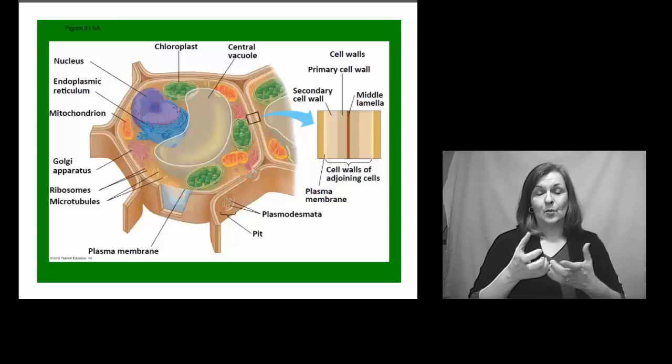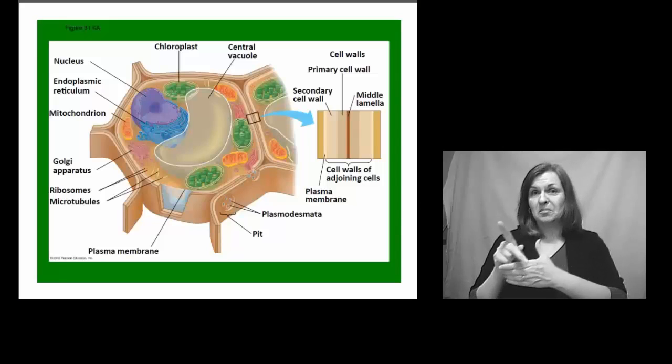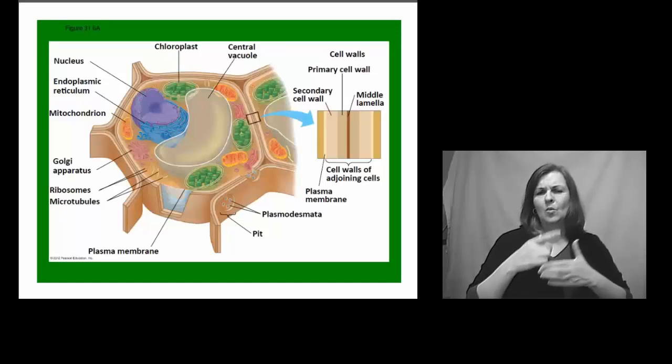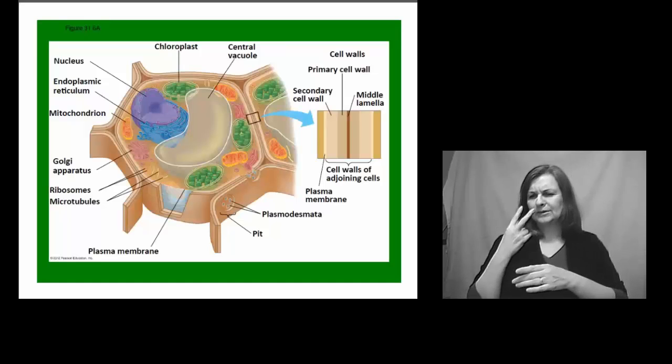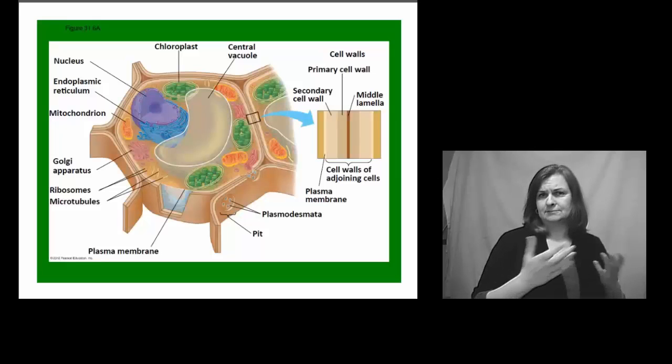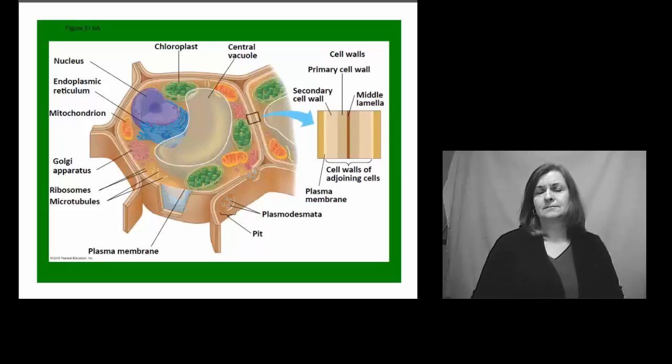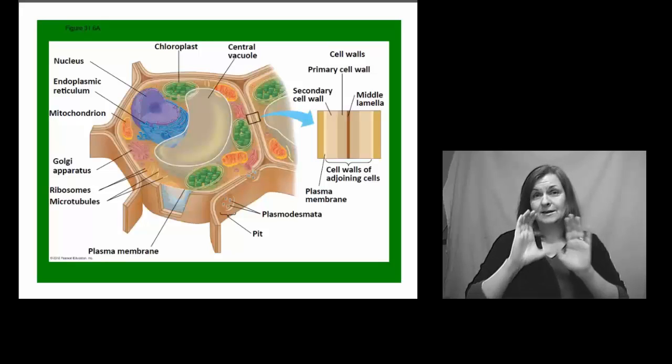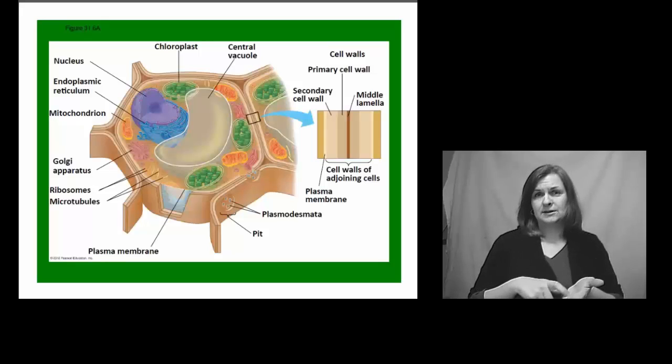When we differentiate between animal and plant cells, what are some of the major characteristics you could look for in a plant cell that would tell you that it is a plant cell and not an animal cell? There are a couple of things on this diagram that should stand out to you that look very different compared